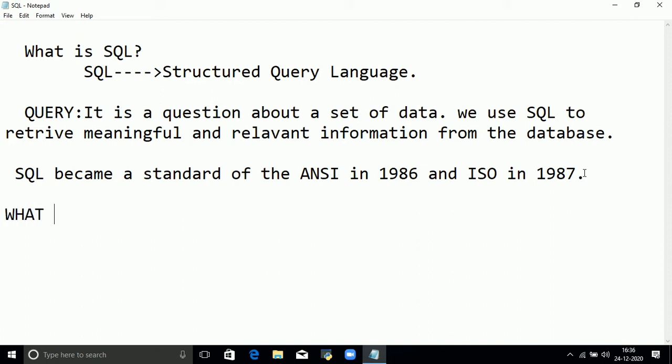So what can SQL do? With the help of SQL we can execute queries against the database.